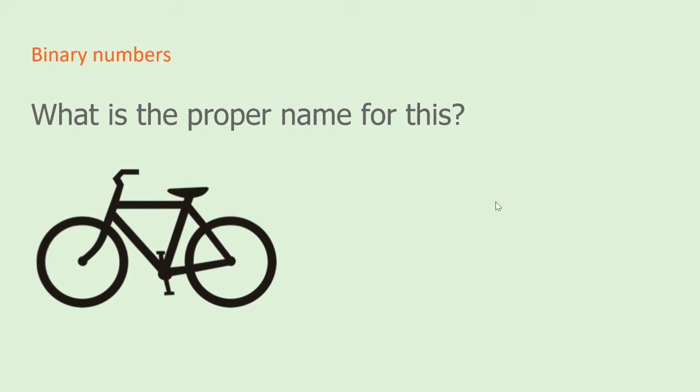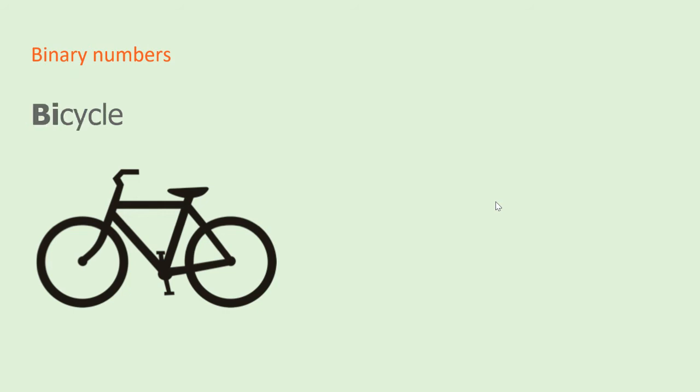Some of you may correctly be saying, well, that's a bicycle. Well, why is it a bicycle? Well, it's a bicycle because it's got 2 wheels. If it had 1 wheel, it would be a unicycle. If it had 3 wheels, it'd be a tricycle. But we know that it's a bicycle. Any word really with the prefix bi is all about the number 2. And earlier we learned that any word that has the prefix dec, or for example decimal, is all about the